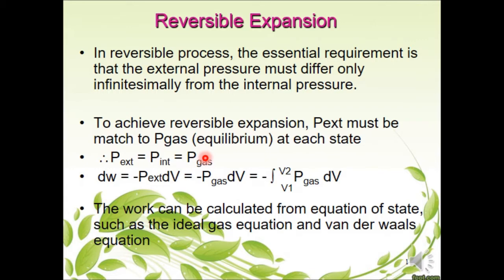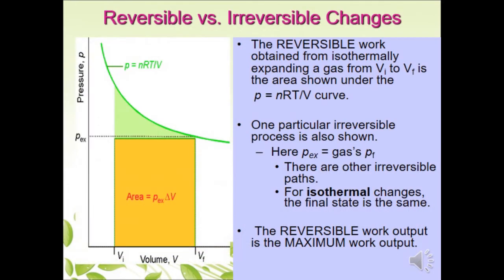So if we integrate the formula for work, equivalent to negative PdV, you get this. And it can be calculated using the ideal gas equation and also the van der Waals equation. Now, what's the difference between reversible and